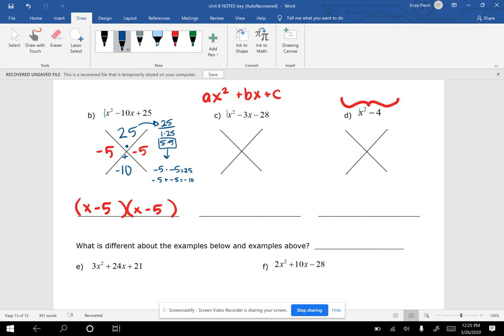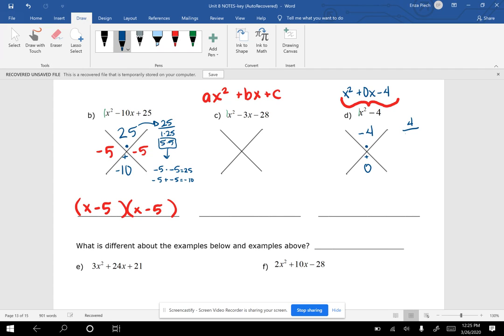We actually have to remember we have a b value. It's just not something we can see. Invisible math again. We actually have x squared plus 0x minus 4. So what I'm saying is what is going to multiply to a negative 4 but add to 0? Since I'm multiplying and I should get a negative, I know I'm going to have one positive factor and one